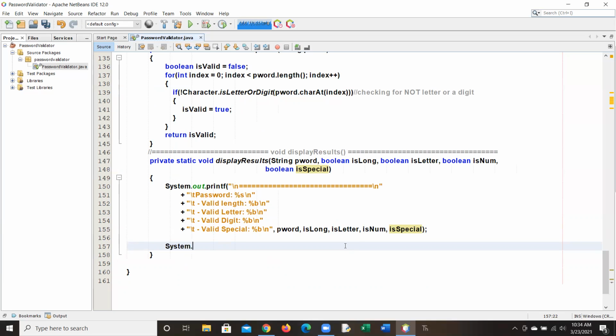Then we'll put system.out.println. Whoops, no, we won't. We'll say if P word, whoops, no, if is long and is letter and is num and is special,